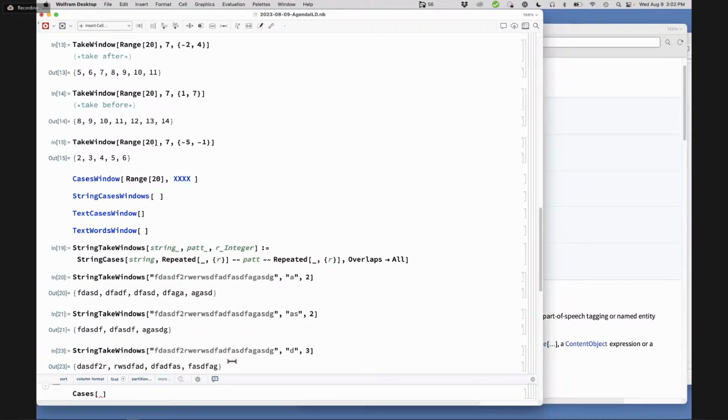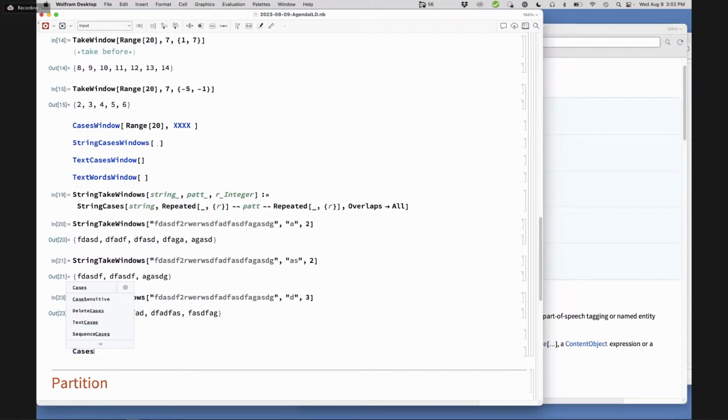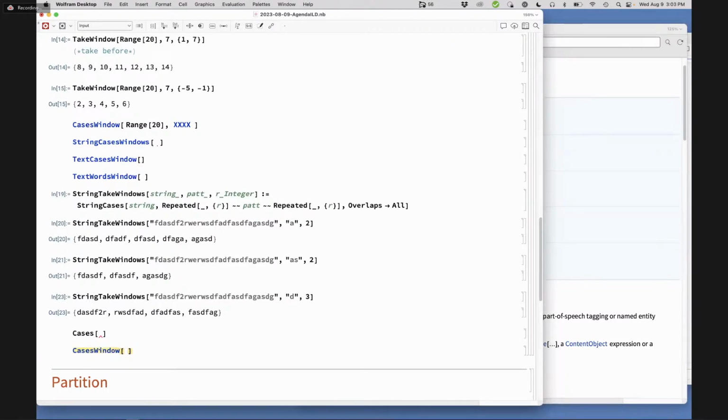Well, I think this is a somewhat interesting function. And I think windowed cases or something. Yeah. I mean, in a sense, it's more like cases window because it returns the window, if you understand what I'm saying. Yeah, it's an evocative function name. It's not super snappy. I mean, maybe that's fine, but plus, window cases has a different meaning in the world. What do you mean, window cases? Like casements? Yeah, window, exactly. Right. Yeah.